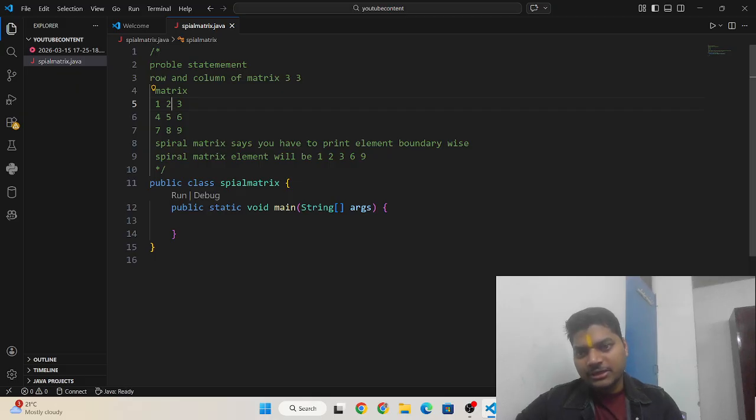Then you need to print the remaining elements in the bottom row, so it will be 8 7, and after that you need to move upward, meaning you need to print 4. One you have already printed, meaning the top row you have already printed, the right column you have printed, the bottom row you have printed, and in the left column you have printed 7 and 1, then you need to print 4.